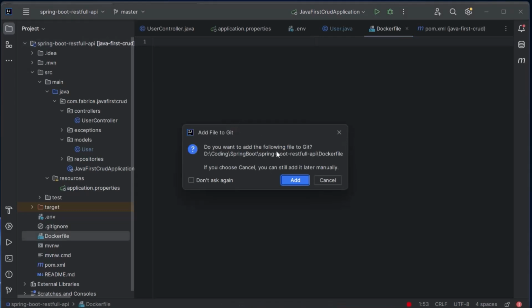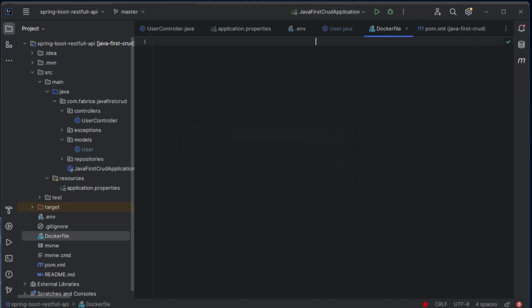And yes, I want to add this to Git, and let me go ahead and paste in everything that we need for our Docker file.